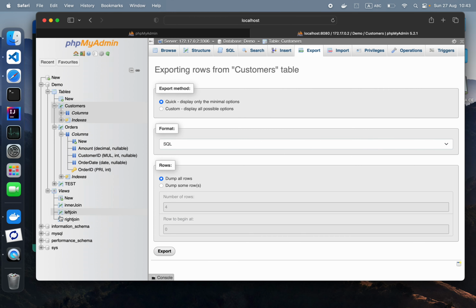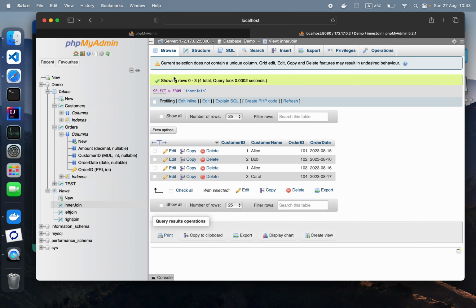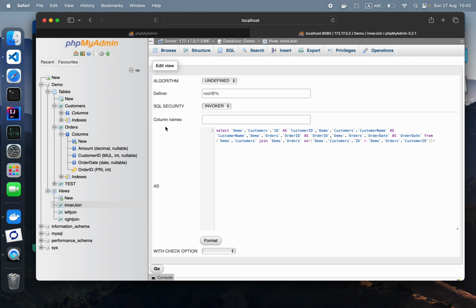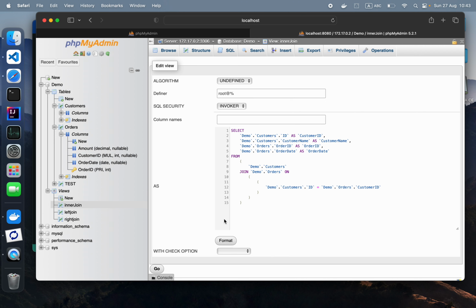So before that we need to know something called views. Basically, when we are executing certain things, if you want a virtual table kind of structure, you can create a view. So you can create a new view. I have created these views for these 3 joins. If you go to the structure, you can go to the edit view and you can see the code